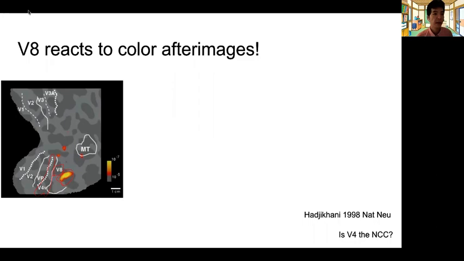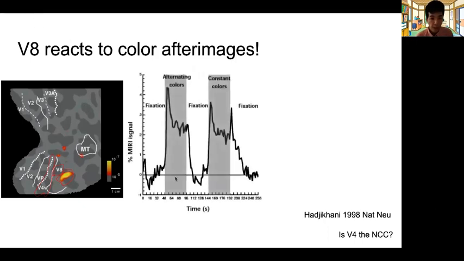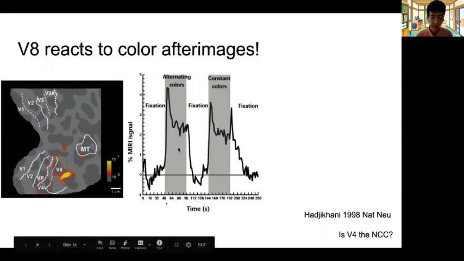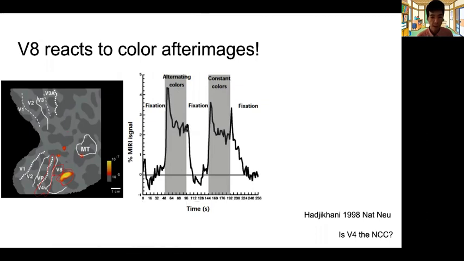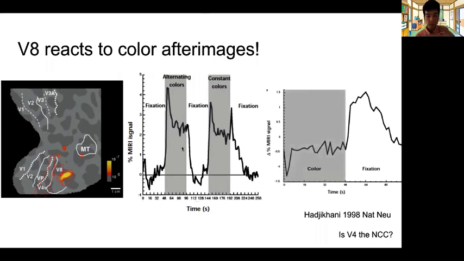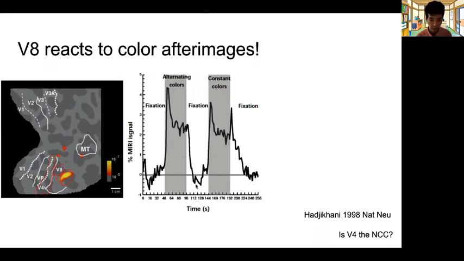But the V8 area seems to be the one that reacts to color images. And here is the color code for the strength of the afterimage response. So what they did, once again, was alternate colors, from 48 to 96 seconds, 48 seconds of a blue-yellow thing. And then when it turned off, the V8 area's response became weak, immediately around